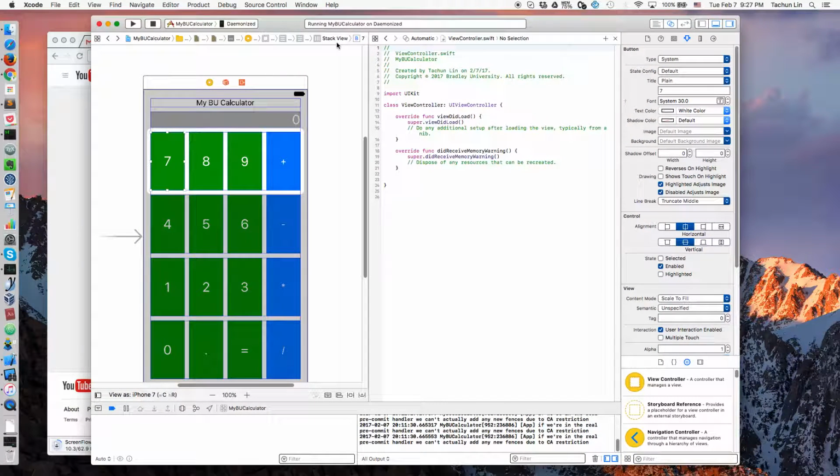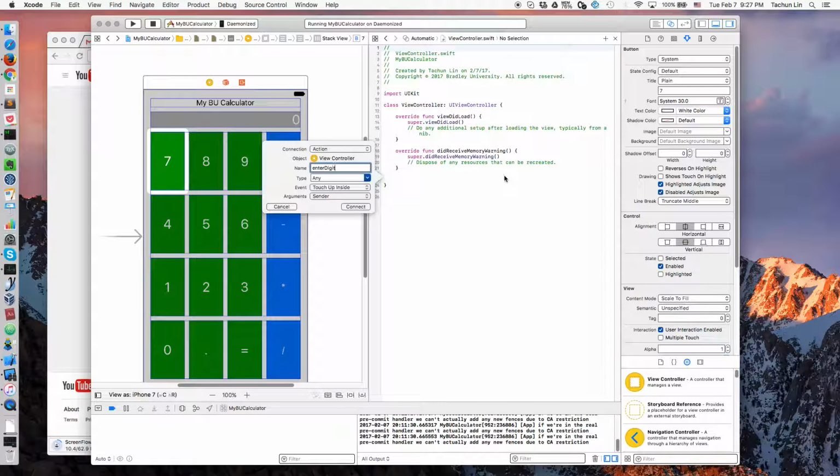I will repeat the same steps I did in class. In order to set up the button actions, I will hold the control key, select the button, and drag and drop. Don't forget, for the buttons, it should be an action for the connection part, and then I would just enter the name for this button. The name I'm using is enter